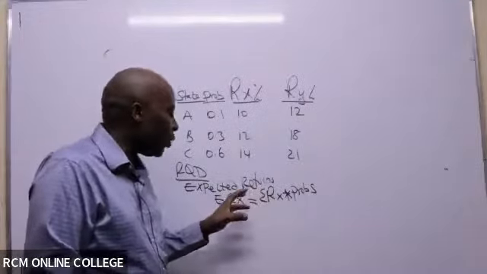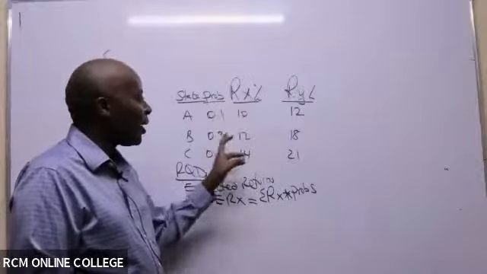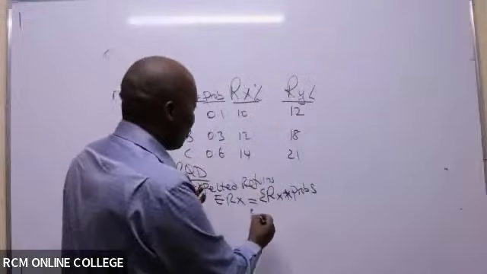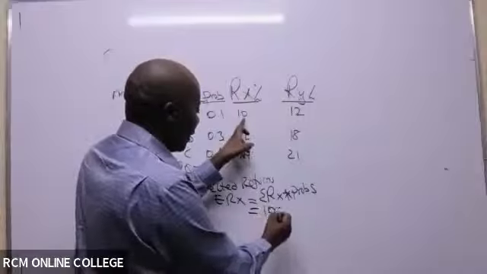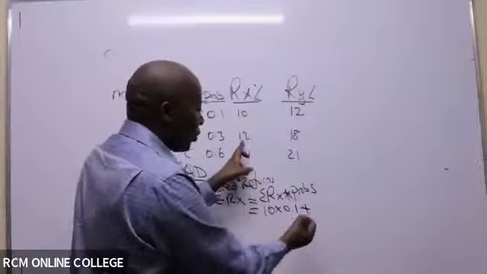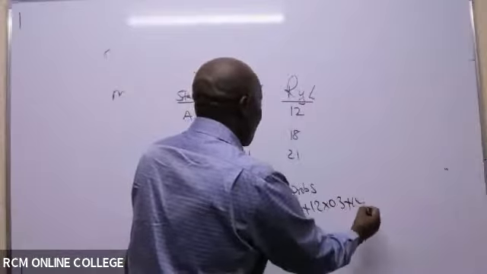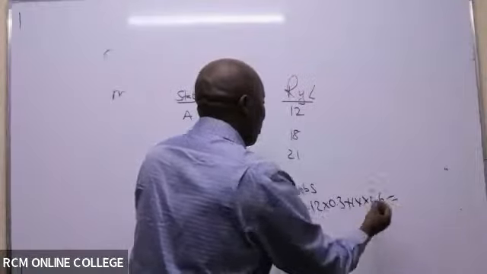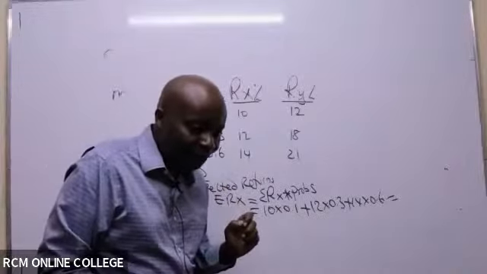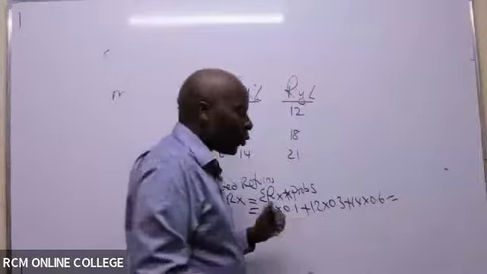So basically, whenever they want you to get the expected return, you multiply, then you add. So then what do we have for X? I get 10 with this probability, or I add 12, depending on how the economy behaves, times 0.3, or we get 14 times 0.6. Is there somebody who is able to give us this figure? So we have here 13.